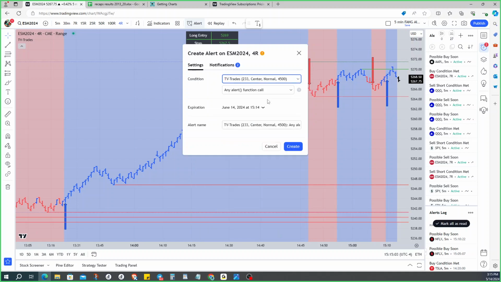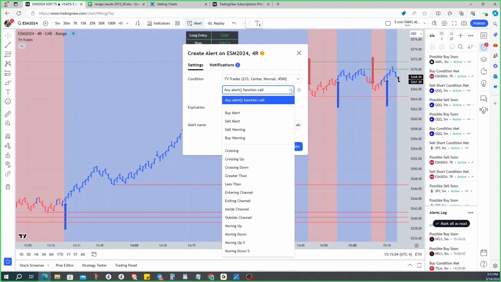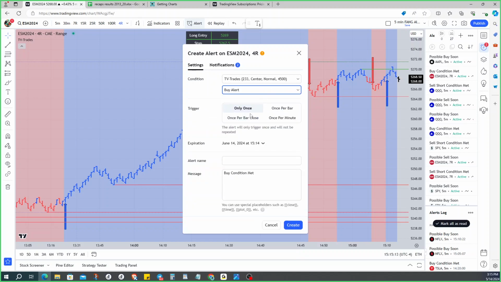In here you choose TV trades, and then you choose what kind of alert you want to have. Do you want to have a buy alert? Do you want a buy warning to go with that alert? Do you want a sell alert and a sell warning to go with that? So you say yes, you want a buy alert. Make sure you choose once per bar close, okay? You want to choose once per bar close. Otherwise, if it starts to trigger in the middle of a bar,